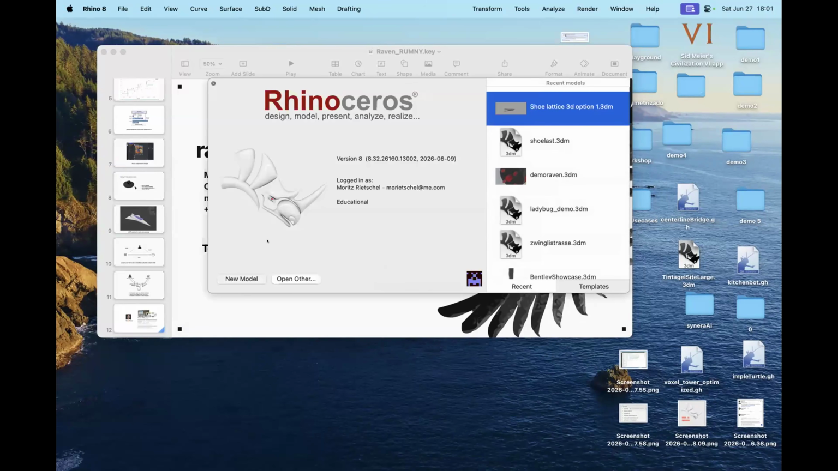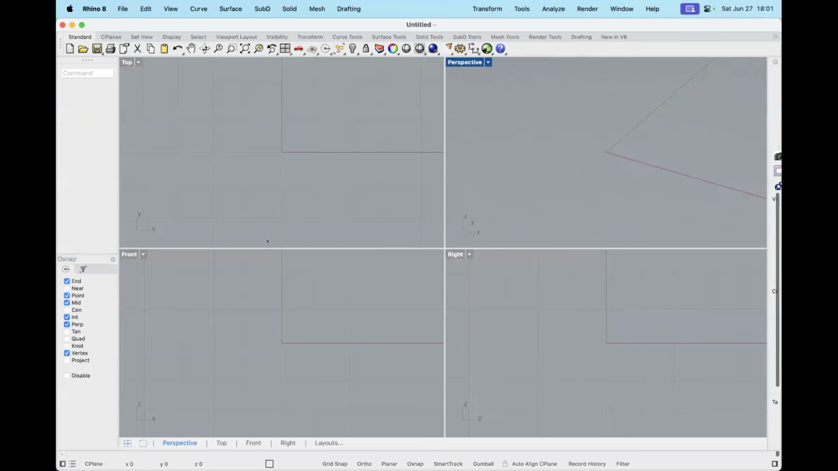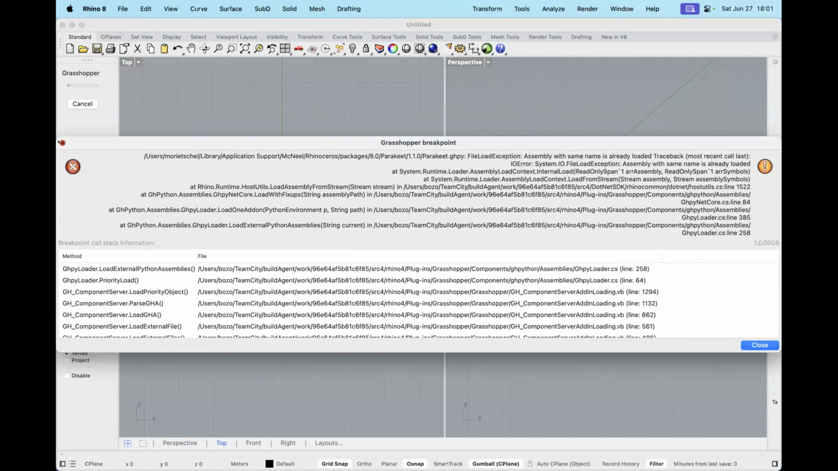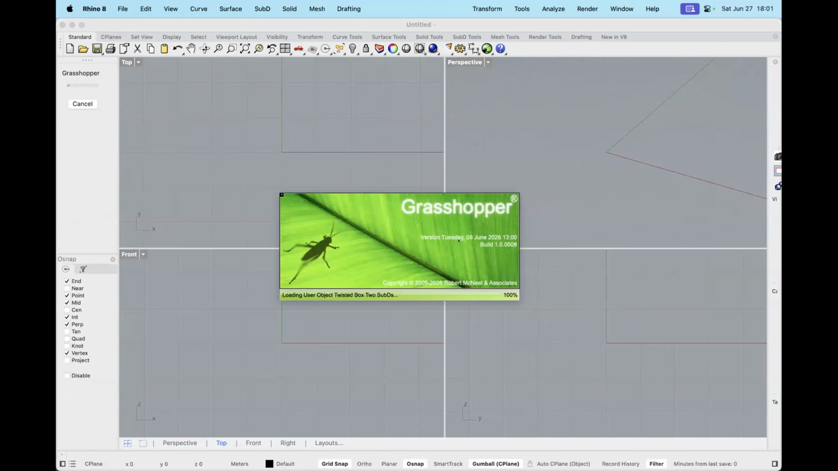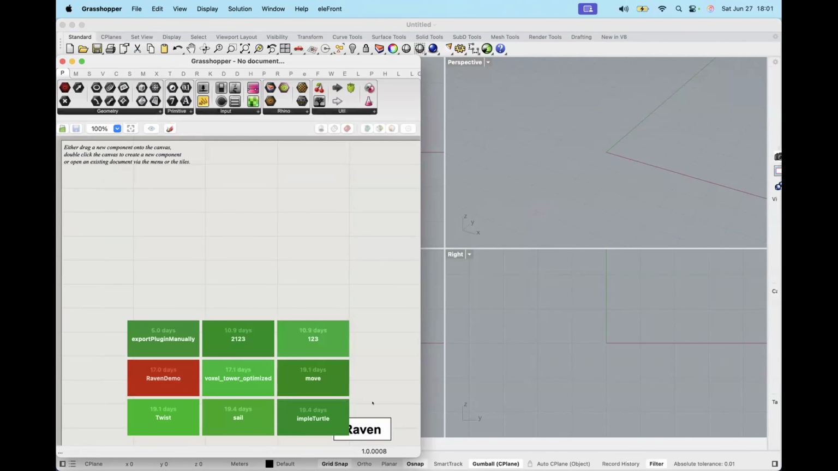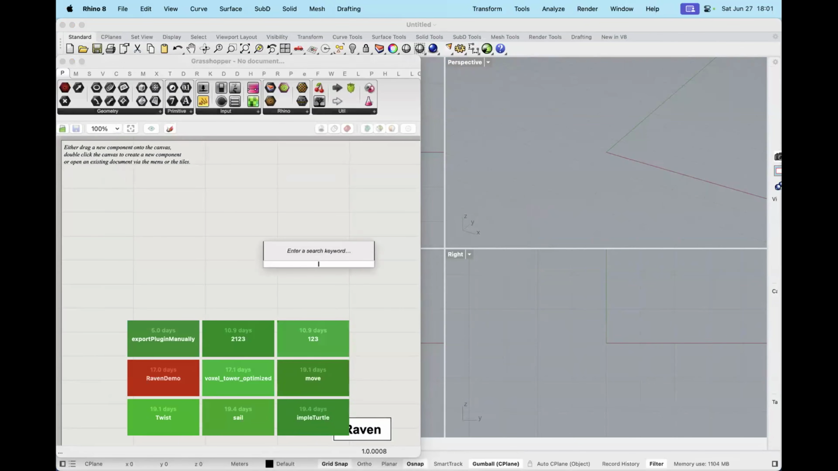And the way to see whether Raven installed successfully is just to open up Grasshopper. So I'm going to type Grasshopper. And this is a faulty plugin that's not Raven, luckily. And there you can see Raven is now successfully installed. So I get the button right here on my canvas, and it says Raven. And you can also open up Raven by typing the